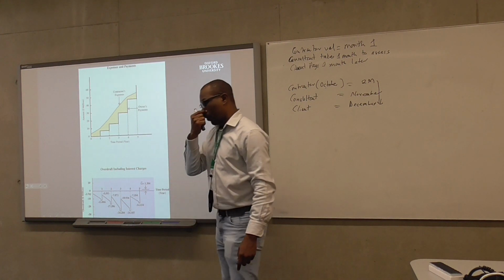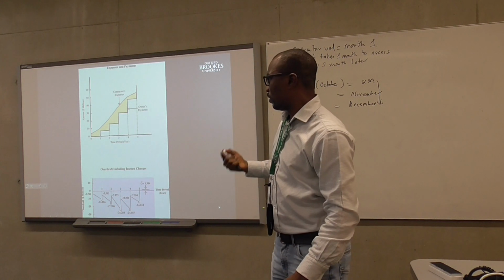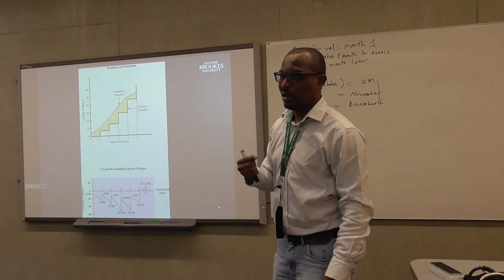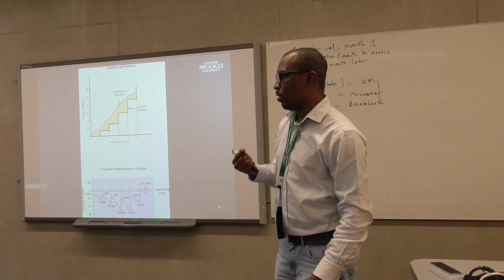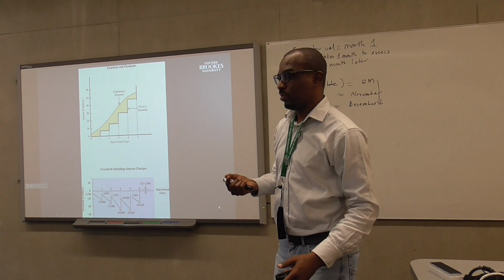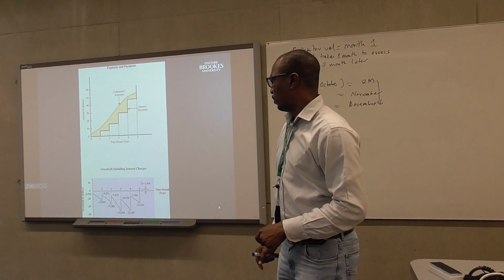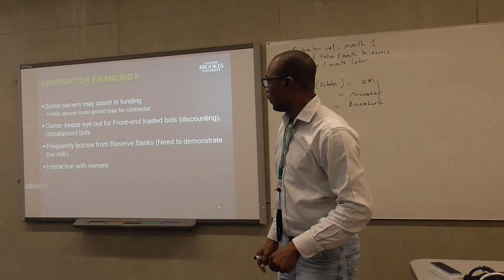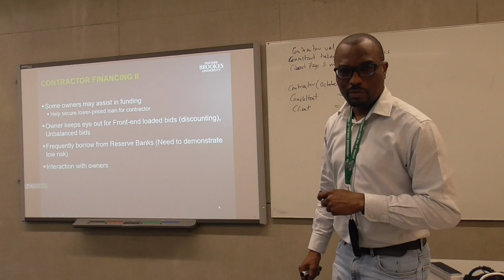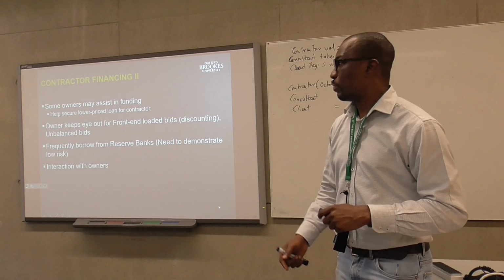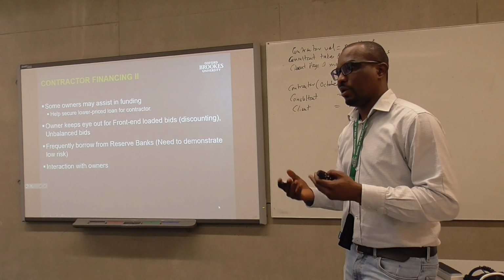So normally, if you are working for a contractor, you need to consider this aspect as well, that at every point in time, you'll always be behind. And that means you need to arrange your own source of funding or financing. It could be an overdraft facility from the bank or some form of loan from the bank as well. Right. But in some cases, if it's usually a big project, the client sometimes does have a lot of clout or some leverage.